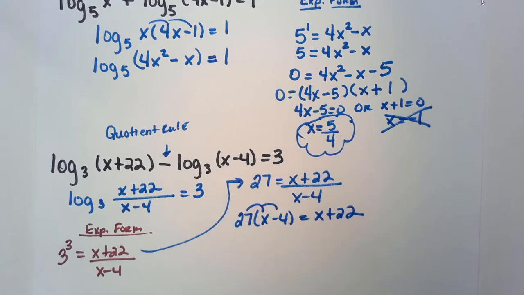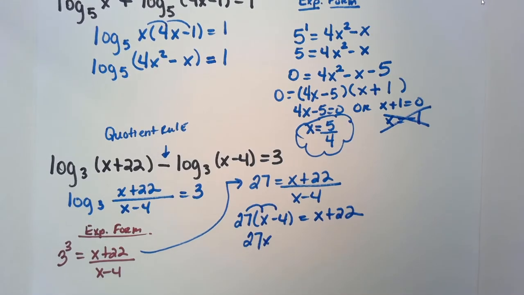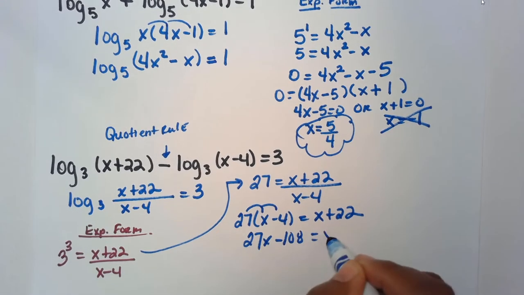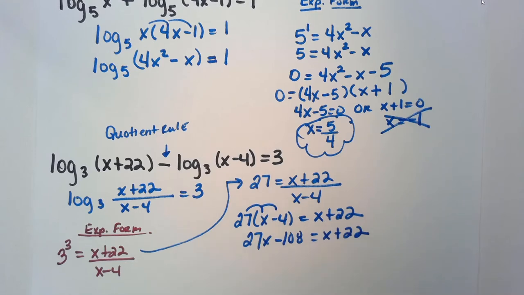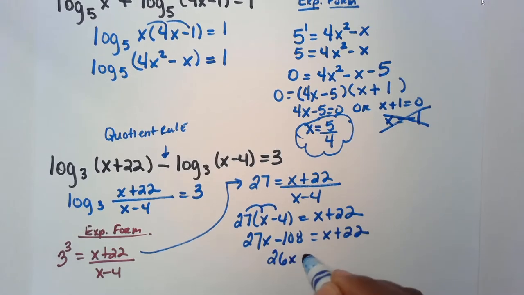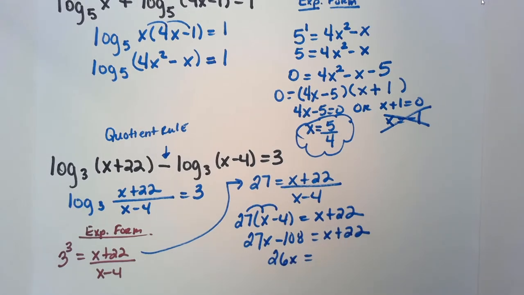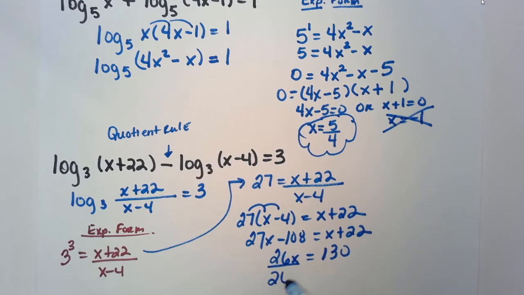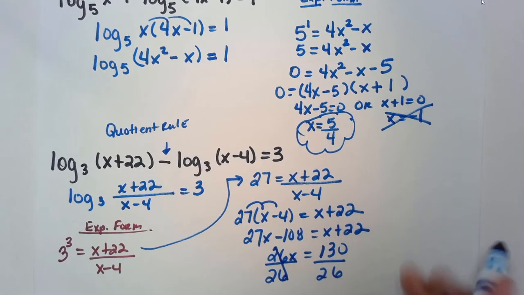So let's distribute the 27. Have you write that down. And we have 27 times x, that's 27x. We have 27 times 4, we have minus 108 equals x plus 22. Bring your x over. That's going to give us 26x. And then we're going to add 108 to 22. That gives us 130. And then we're going to divide 26 to both sides. And we have x is equal to